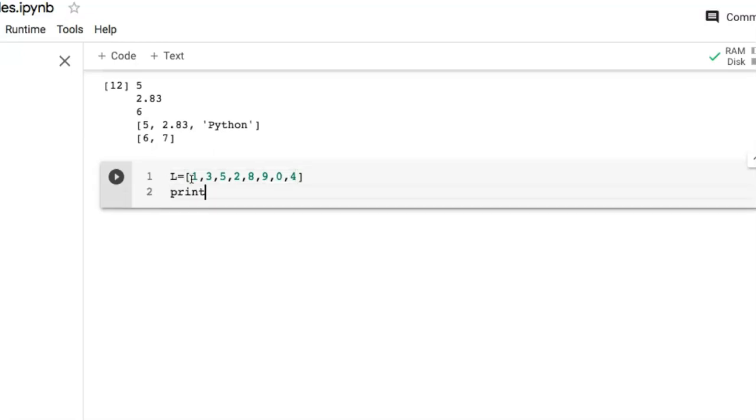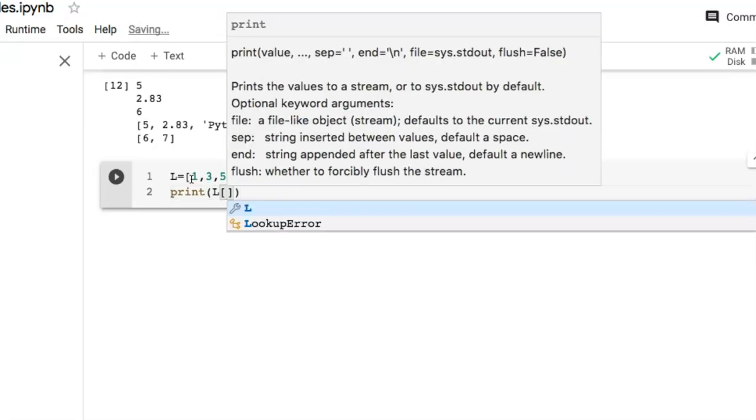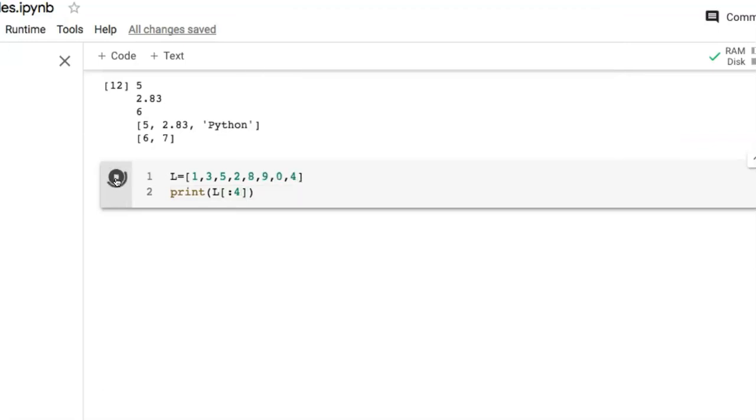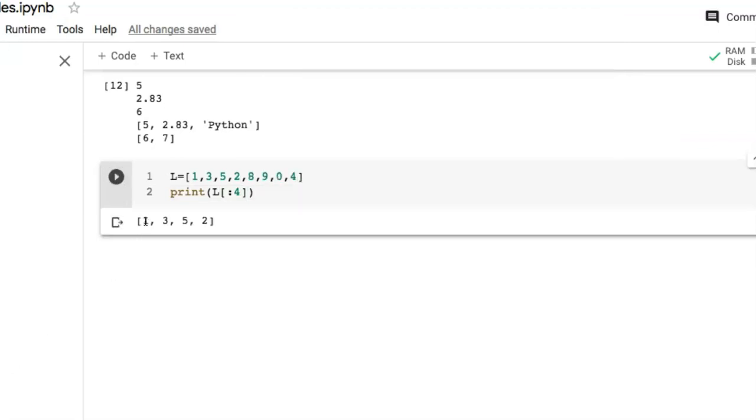So if we'll print L of, just write colon and 4, it means it will start from 0 index because we have left out the starting index. Let's run this. So we got the output: element at 0 index, element at 1 index, element at 2 index, and element at 3 index.